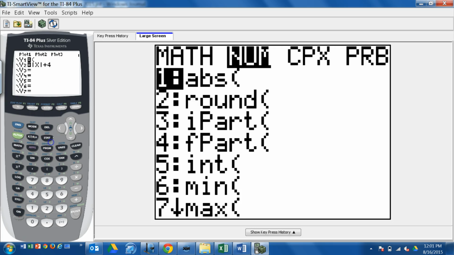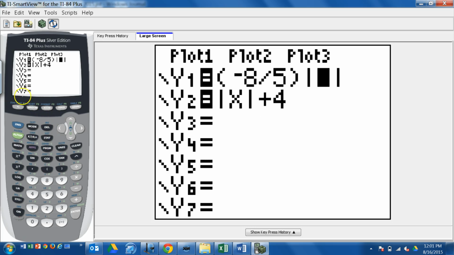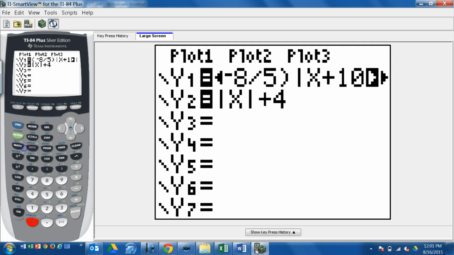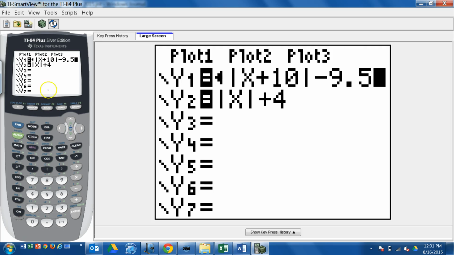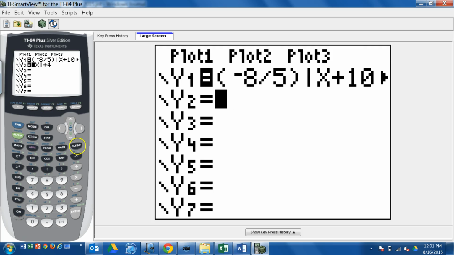Absolute value of x plus 10 out of the absolute value minus 9.5. And then y2 is going to be -19. We're going to look for where these two lines meet. Now,